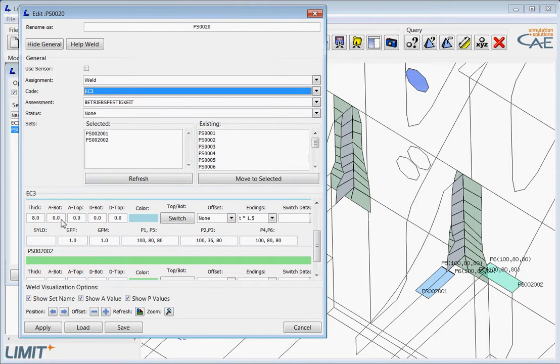So in this case, I define, for example, a one-sided fillet weld with 5 millimeters cross section throat dimension, and